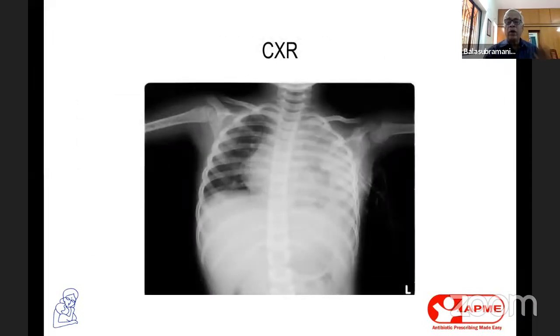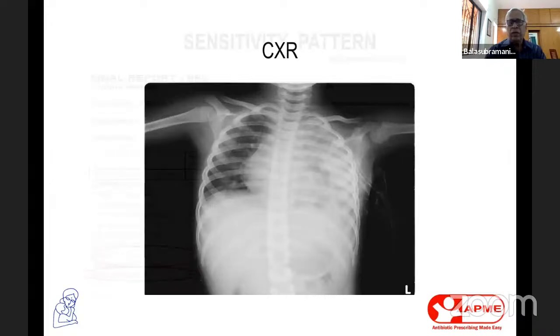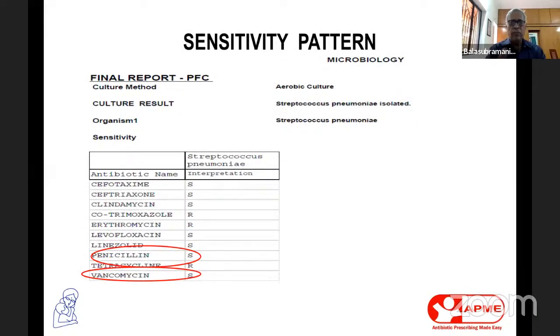So antibiotics will not work when there is a surgical condition requiring intervention. For example, wherever there is abscess, we pediatric physicians have to call the surgeon. Wherever there is pus, unless the pus is drained, your antibiotic will not do anything. This is a typical example. We did a tap, and from the pleural fluid, we were surprised. It grew Streptococcus pneumoniae, not resistant to penicillin, very sensitive to all drugs.